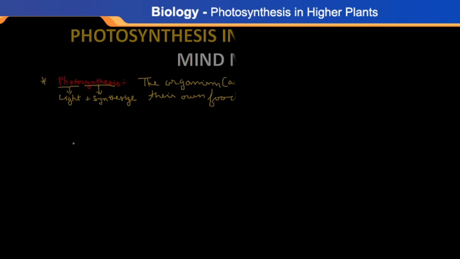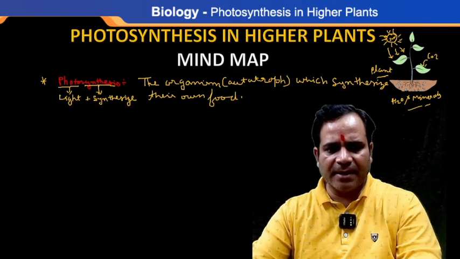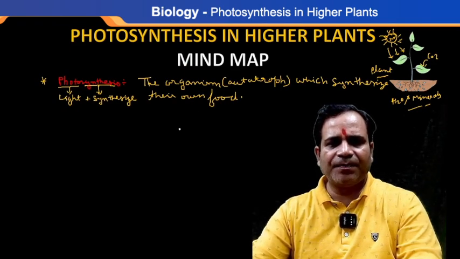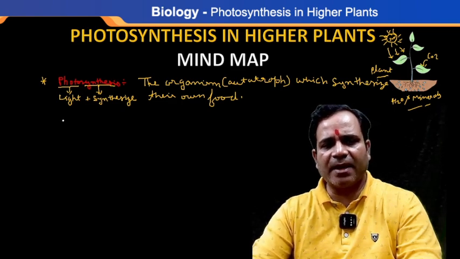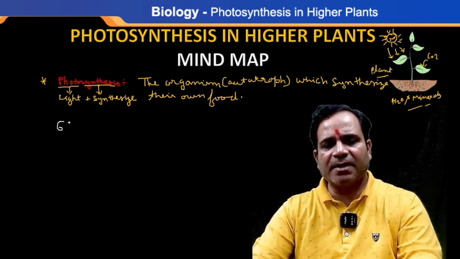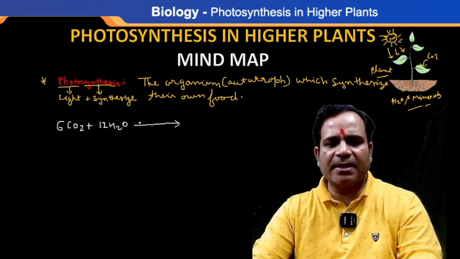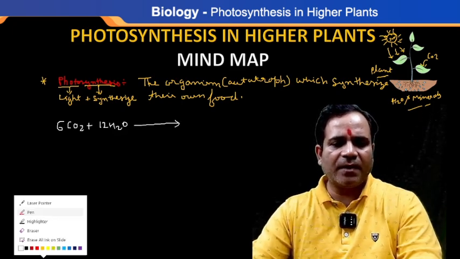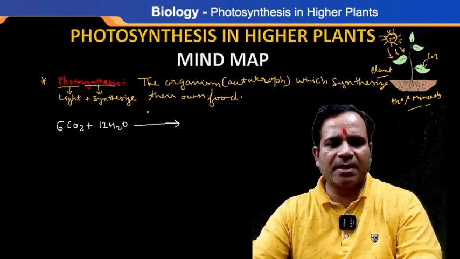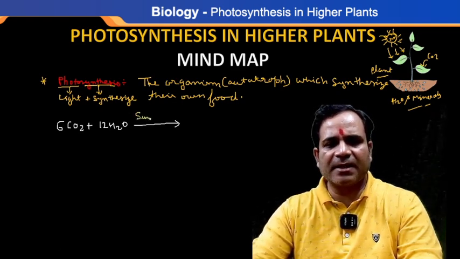So let's see what here. Let's check here. In photosynthesis, what is the requirement here? The requirement was 6 CO2 plus 12 H2O, 12 molecules. Yes, in the presence of what? Sunlight. I'm writing here: in the presence of sunlight